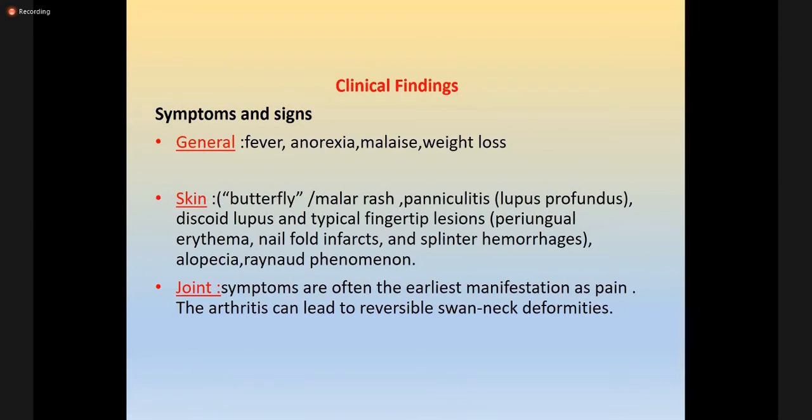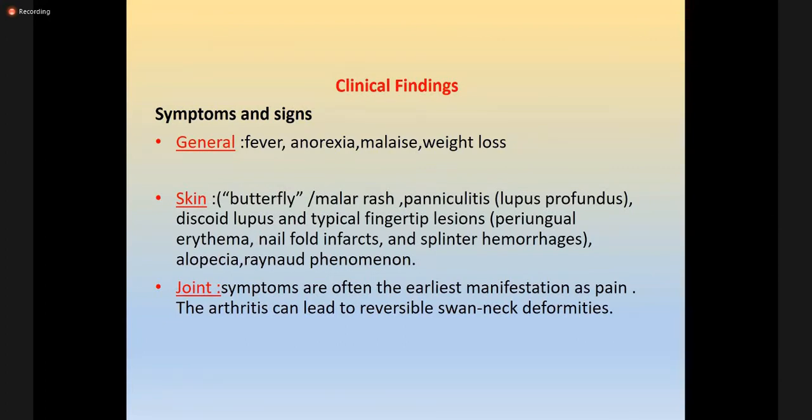The skin is one of the most common organs to be involved in systemic lupus erythematosus, and the patient might have a rash. The rash may be simply a butterfly rash, which is a rash on the malar area, on the cheeks. That is also called a malar rash. There may be panniculitis. Panniculitis, actually, there are raised skin lesions on different parts of the body, pinkish lesions which are painful. I'll show you the picture.